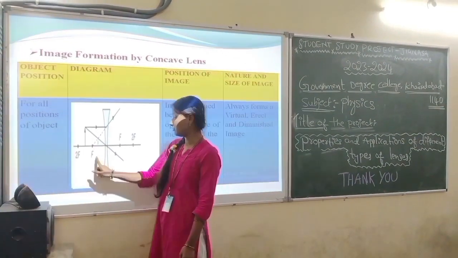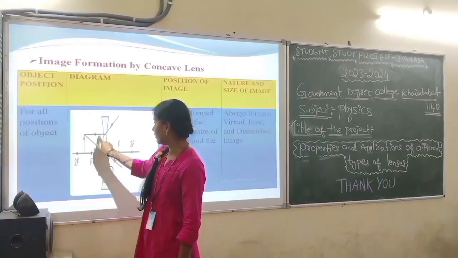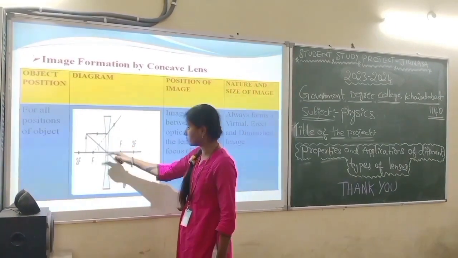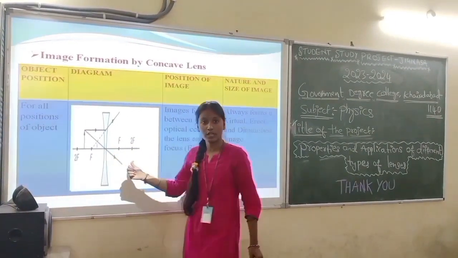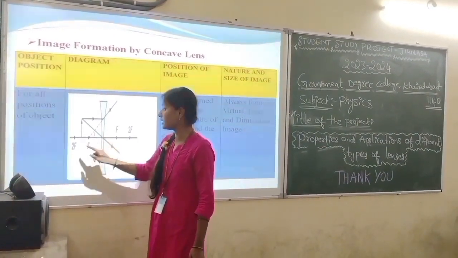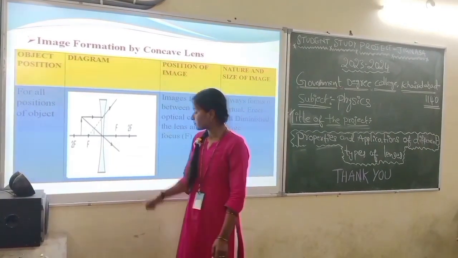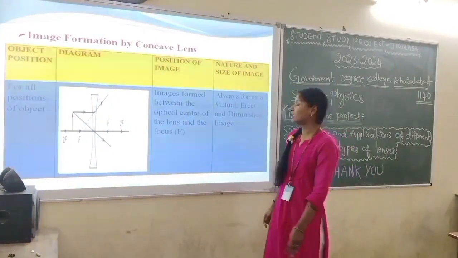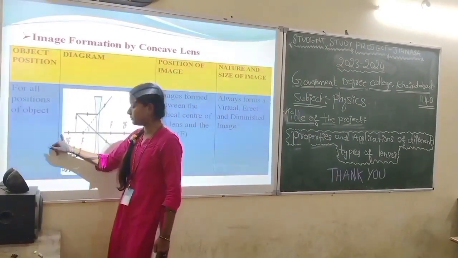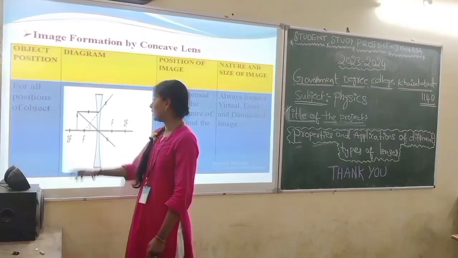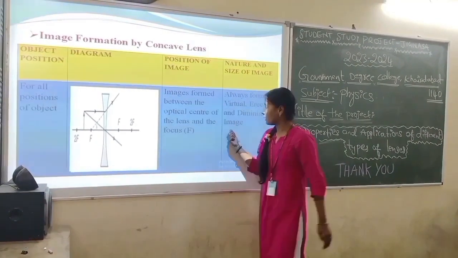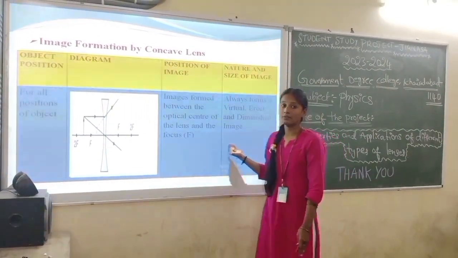The object is placed between F and the focus, and taking the light ray towards the head, it goes parallel and diverges, and light towards the optical center goes straight without deviation. We can observe that the image is formed between the optical center and focus F. Always a virtual and a real. In the other example, if we place the object behind the 2F, we can observe that the image is formed between the O and F. And the formation of the image is also real and virtual.